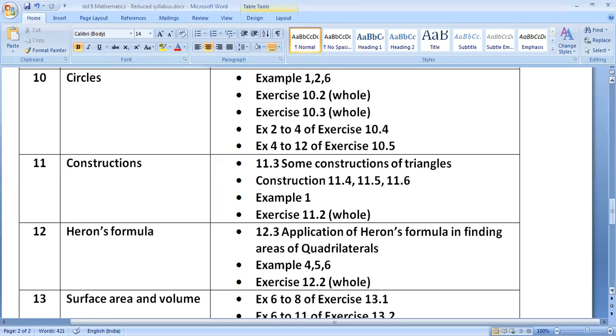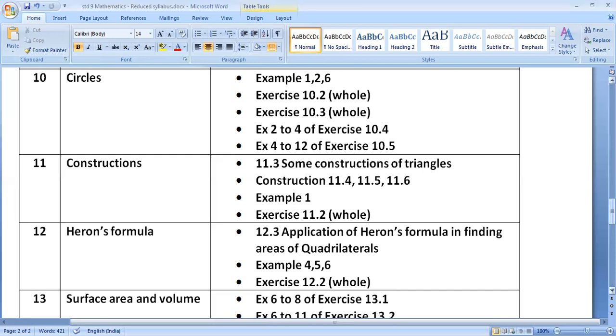Page 191, construction 11.3, in which you have to prepare a 60-degree angle, is also included. So constructions 11.1, 11.2, 11.3 are included, and this whole exercise 11.1 is included, in which you have to prepare angles of 90, 45, 30, 12 and a half, 15, 75, 105 and 135 degrees, and construct an equilateral triangle given its side and justify the construction. I have already shown all these constructions on my channel. You should search along with my channel name and you will be able to get these constructions.